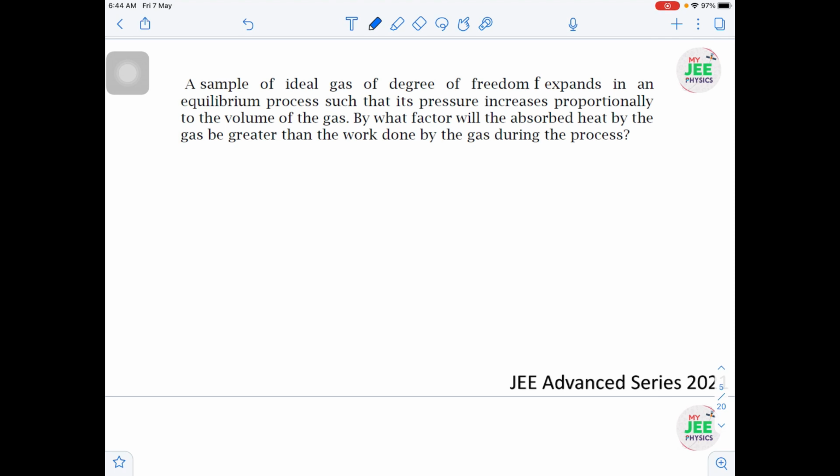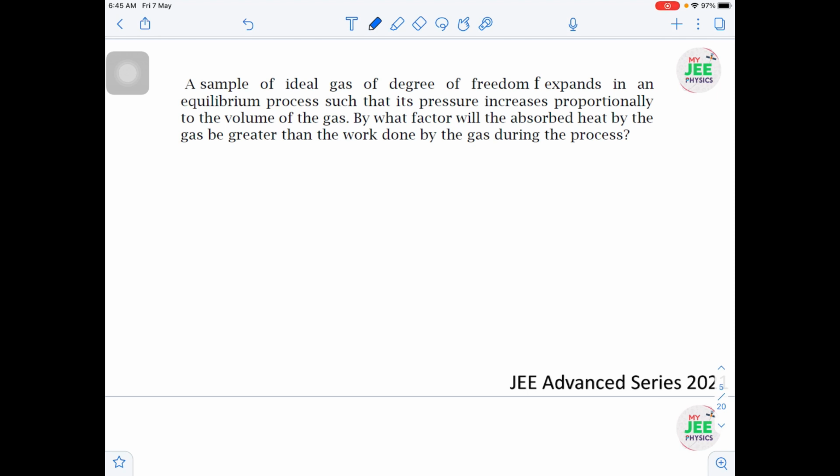Here we are going with a new question which involves thermodynamics, and usually I have picked up this question to explain how degree of freedom is related with the process. I think it's a very short question to read, and I request everybody to read the question and try yourself and come back for the solution.